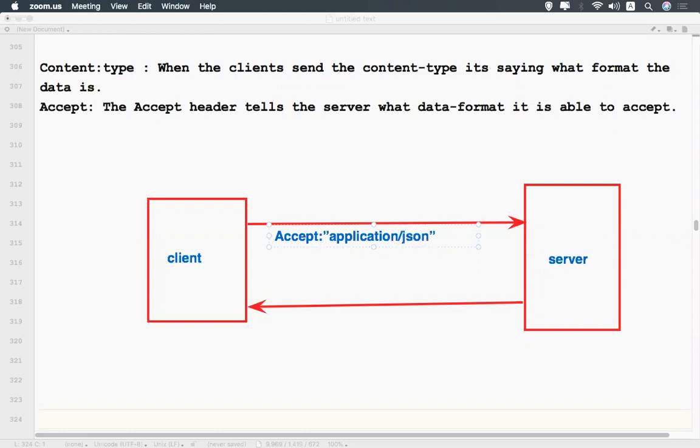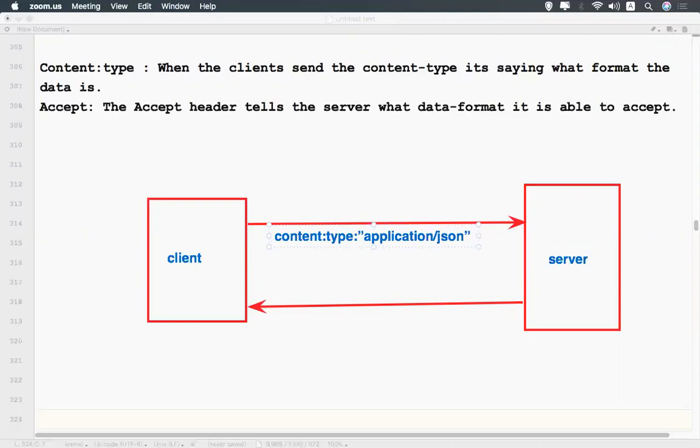So accept colon application slash JSON means I'm accepting JSON. When you send the request, you should also mention the content type here: content type application JSON, I'm sending.